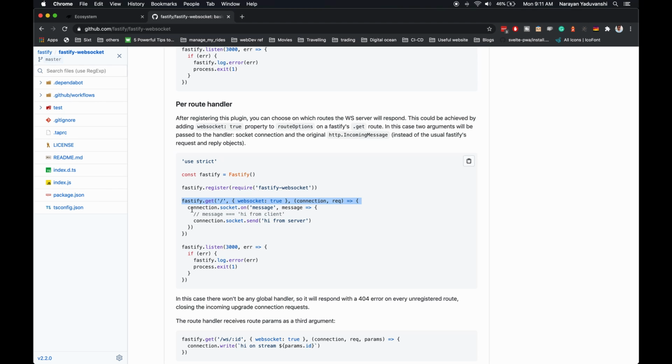And once the connection object is received on the socket, we can start listening on the incoming messages. With a simple method send, we can send back the message from server to the client.